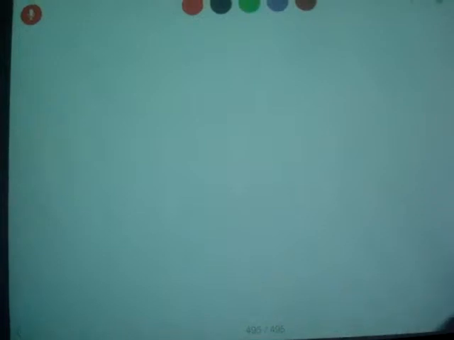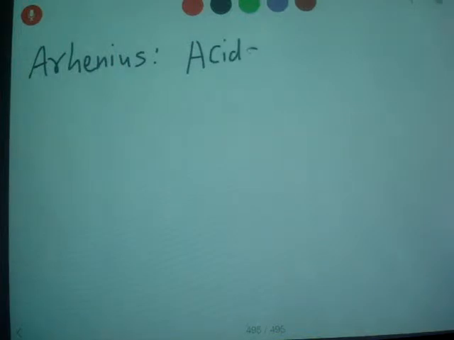Acid and base. So Arrhenius, he defined acid. He said acids produce H+ ions in solution,